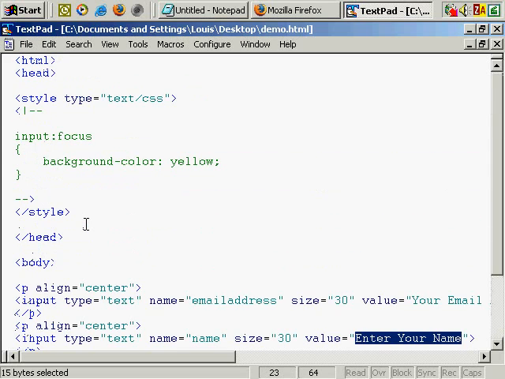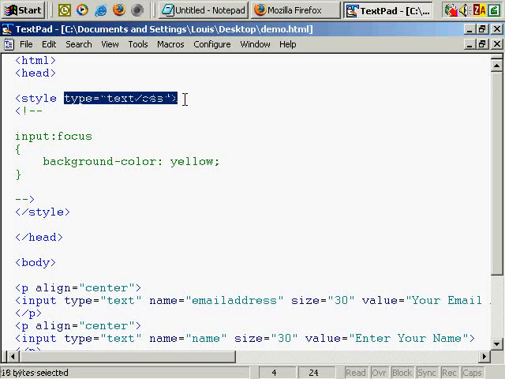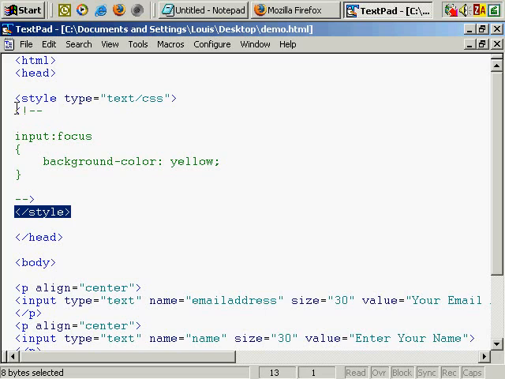Okay, where I set it up so that the background turns yellow when the focus is placed on it is in the head section here. In the head section I use the style tag. As you can see, style type equals text/CSS. And then the closing style tag, the comment tag, closing comment tag, and within all of that are these 4 lines of code here: input:focus, which basically means when the focus is placed on an